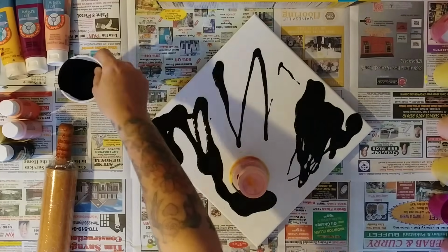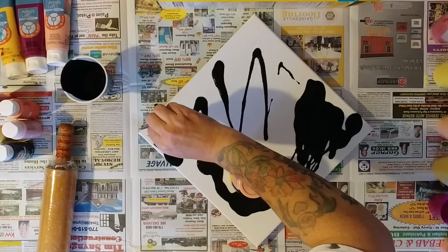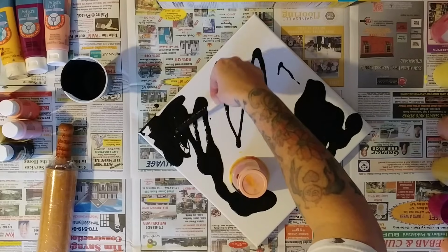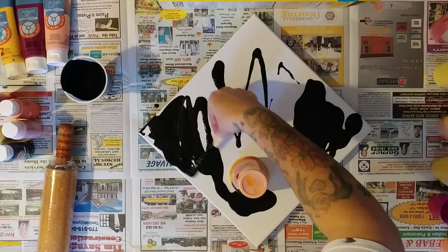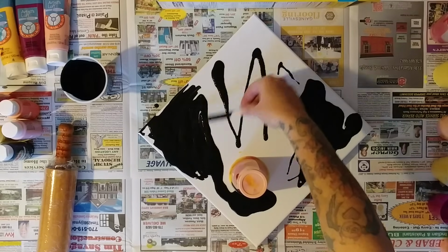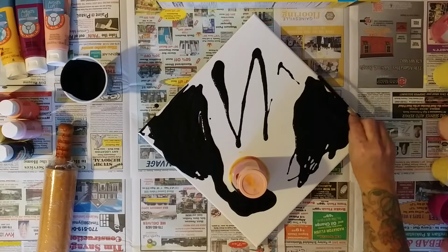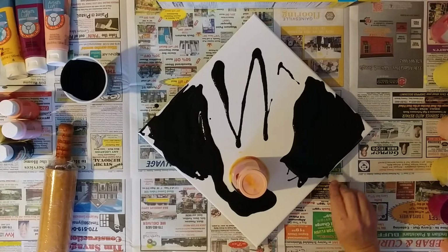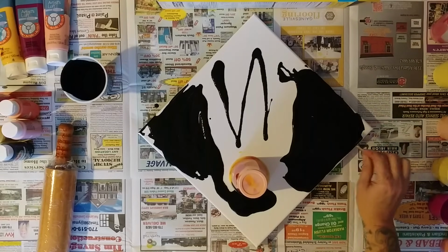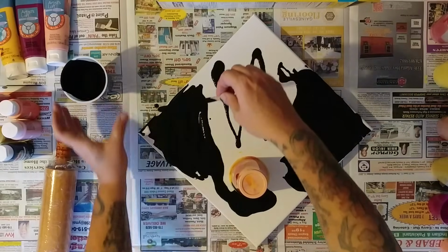I'm going to reserve some of this black because I really do want to be able to cover the rest of the canvas with it once the pour has occurred. I might even have to end up making some more black. I hope not. I forgot that I was using such a big canvas today. I haven't used 12 by 12s in a while, so